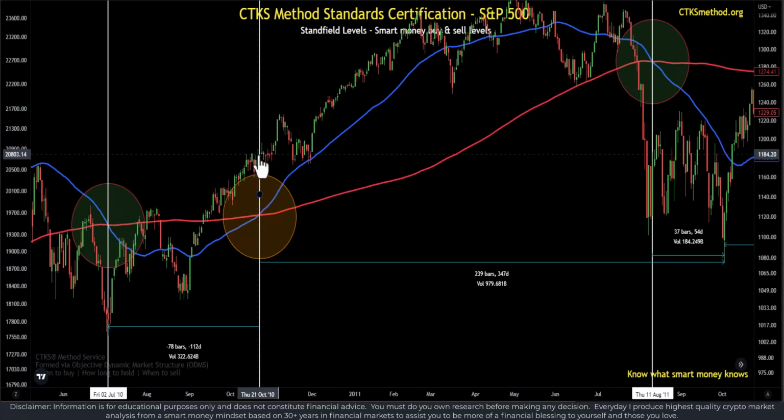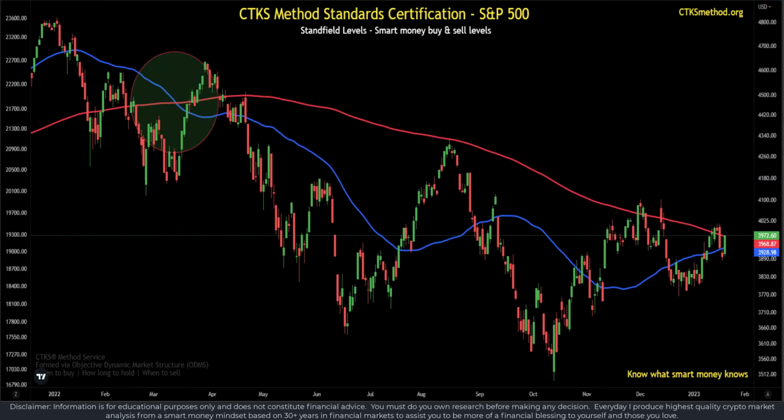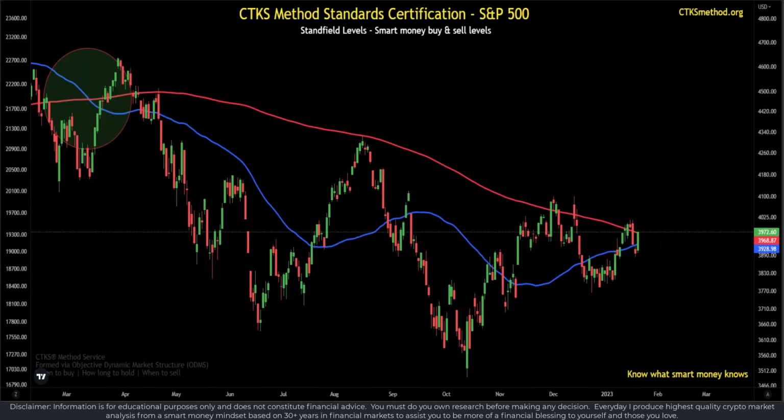So if you bought there, held for 347 days, your investment would be underwater. Now that we've run the numbers together, we've looked at past intersections, both on the death cross and the golden cross side. If we do in fact get a golden cross, you already know that's because the average value has been increasing. Why is the average value increasing? Because the bottom was piled in a long time before that.